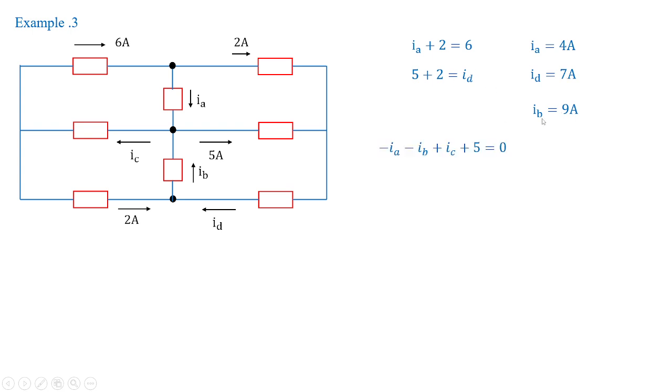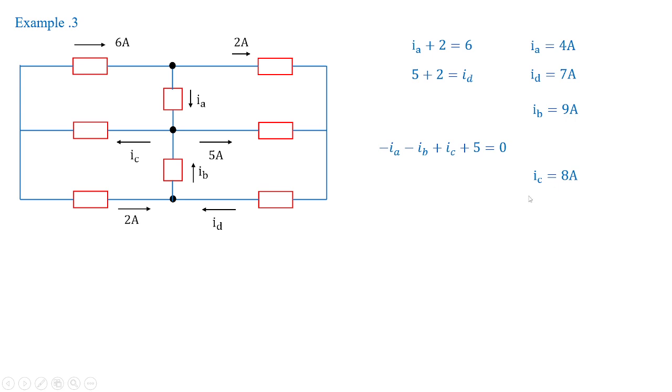Okay, so when substituting all these values in the center equation, where you have minus IA, which is incoming, minus IB, which is also incoming over this particular center node, plus IC is going away from the node, and 5, it is also going away from the node. With this, I'm going to get the value of IC is equal to 8 amperes. You can cross check the result